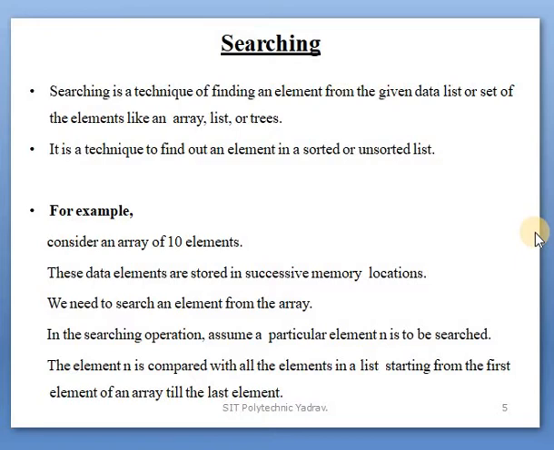Within the numbers 1 to 10, suppose we search for the number 7. That number 7 is compared from the start to the end: first with 1, then 2, then 3. Whenever an equal number is found, you obtain the element you were searching for. That operation is known as searching.